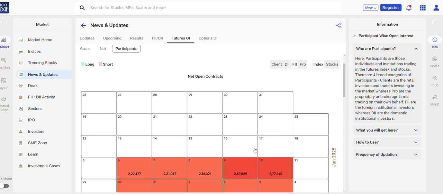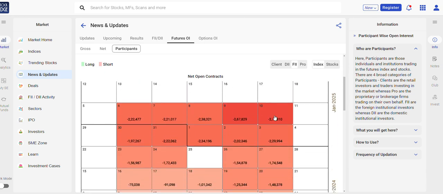If you look at this data now, we are more than that. That short is now much more than last time. We are heading towards 2.7 or 2.8 lakh, actually 2.8 lakh. The shorts are much higher than the previous month's bottom, when that short was lower than this. So most probably we are expecting the bottom is very near. Because their shorts are very high, once they start booking the shorts, we will be moving